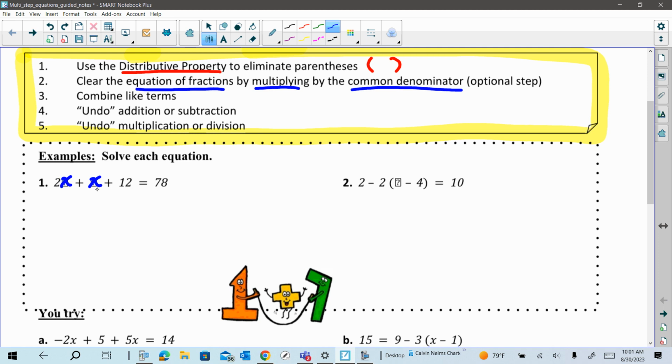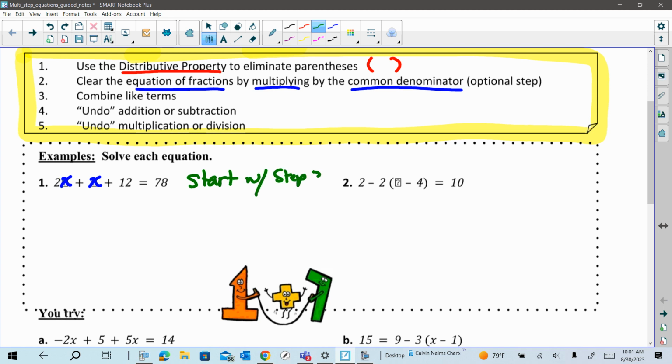All right, do we have any parentheses on number 1? No, so we don't have to do step 1. Do we have any fractions? Nope, so I don't have to do step 2. So we're gonna start with step 3,